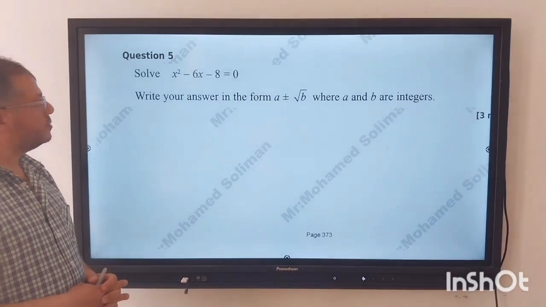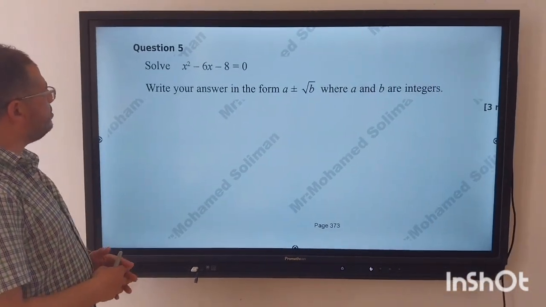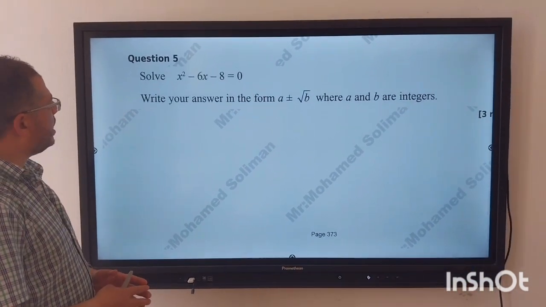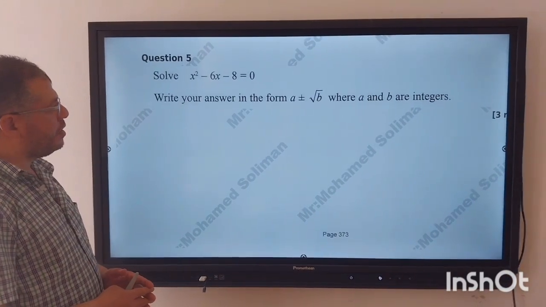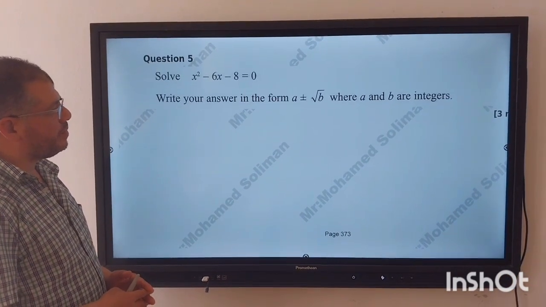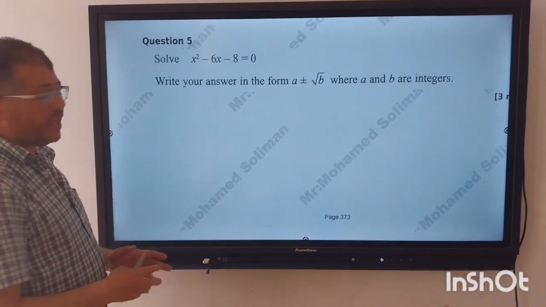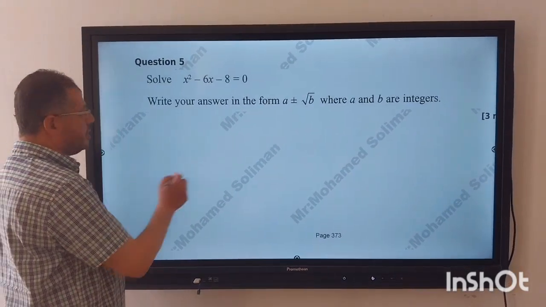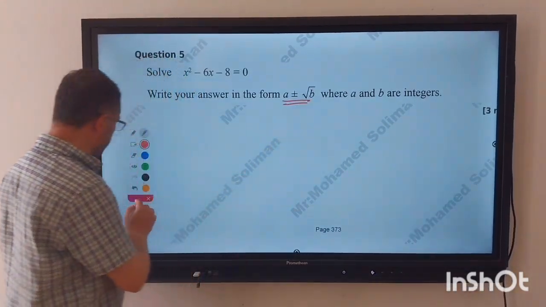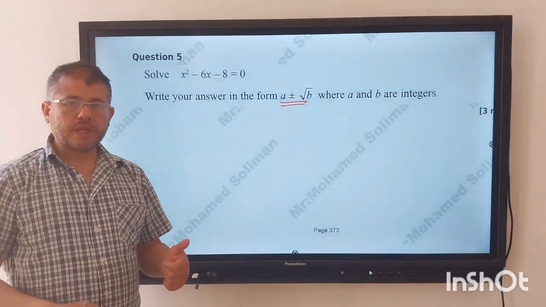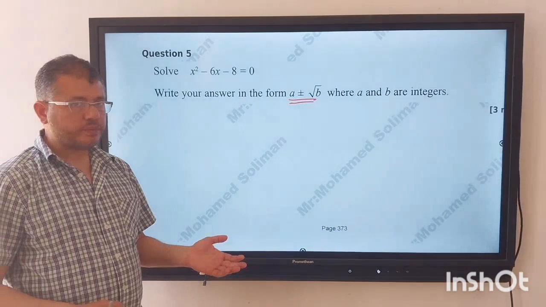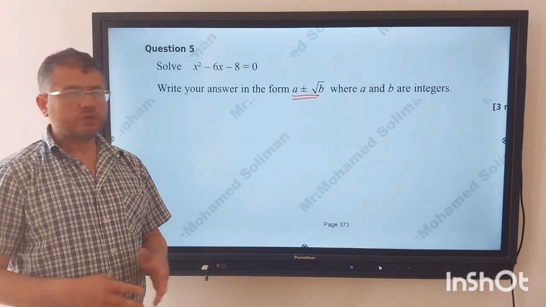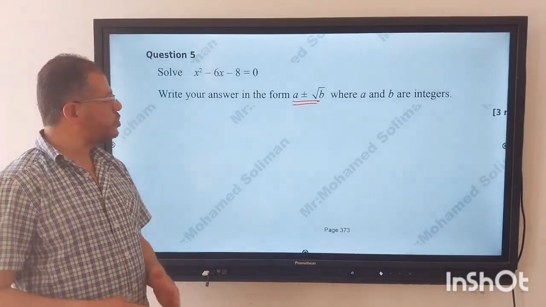Next question. Here in this question he asked me to solve x power of 2 minus 6x minus 8 equals 0. Write your answer in the form of a plus or minus square root of b, where a and b are integers. Now we have two ways to solve this problem. I can use completing the square, and also we can use the quadratic formula. Today we will use completing the square to solve